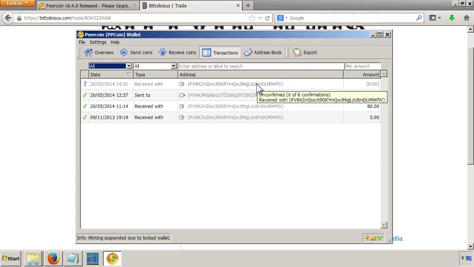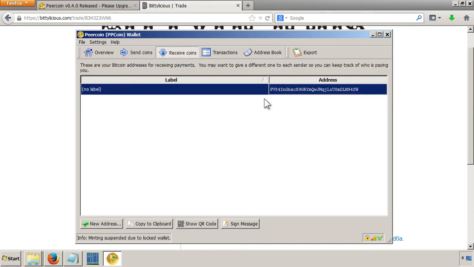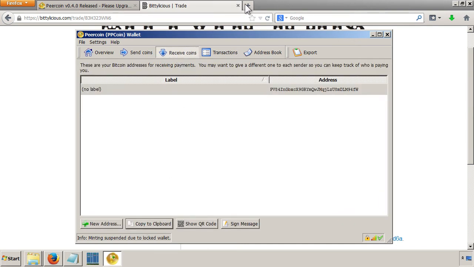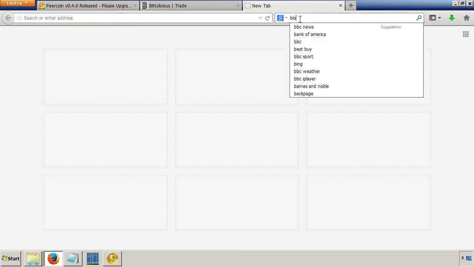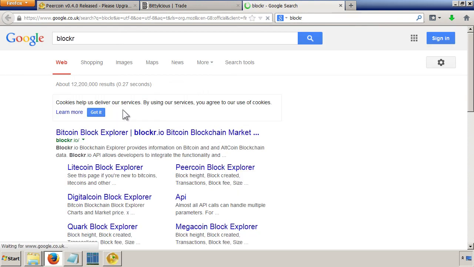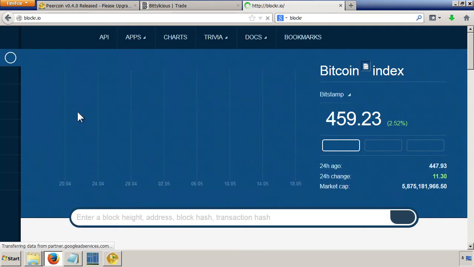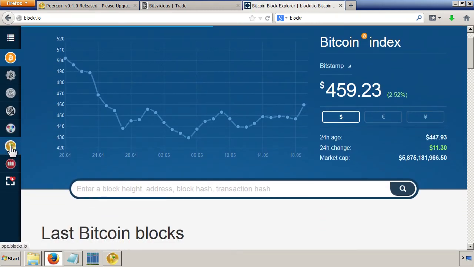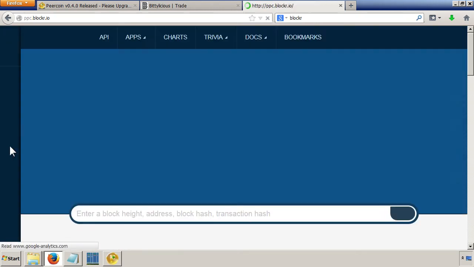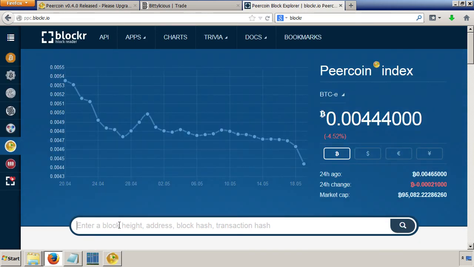If we want to see how many confirmations are happening, let's grab the address here. So click on this address, copy to clipboard. There's a service called Blockr, which is a blockchain explorer for you to see how your transaction is doing. So let's go in here, click on Peercoin on the left, put in your wallet address here, click on search.